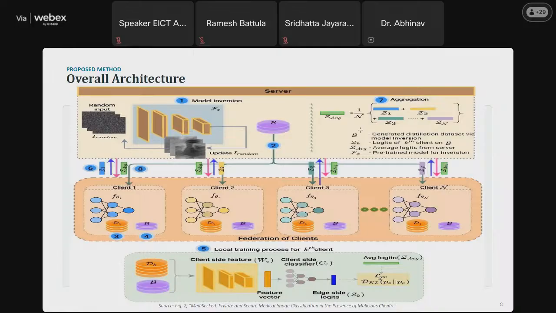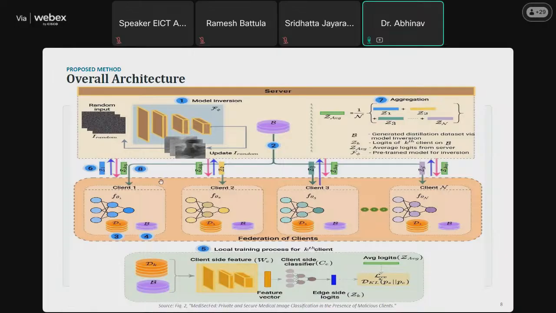You can notice here it is written, no model weights shared. This is the defining characteristic of MediSec-Fed. The server never receives neural network parameters. It only receives prediction information.